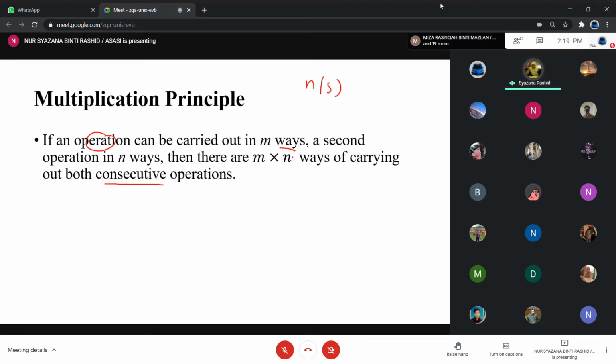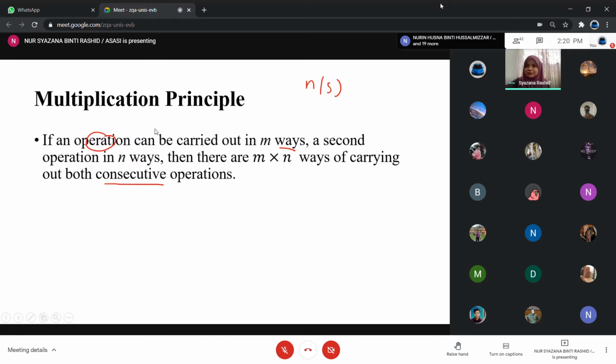Okay, 2 times 2. Ataupun kalau I ada different trial, first I toss a coin, second I roll a die. Okay, first toss a coin, I have 2 outcome. Okay, second roll a die, I have 6 outcome. So how many outcome that I can get from that experiment? So what I do is I just take number of ways for the first trial, multiply with number of ways on the second trial, 2 times 6. So basically that is the idea of multiplication